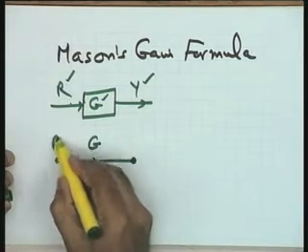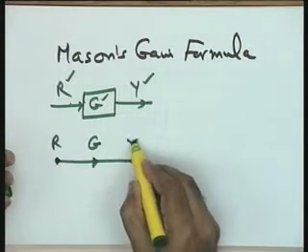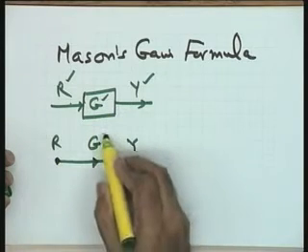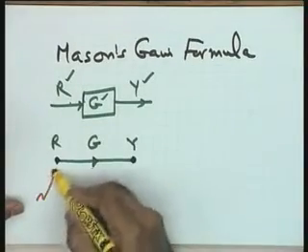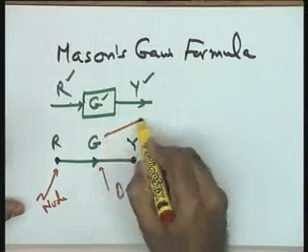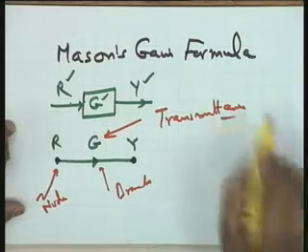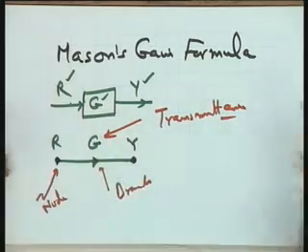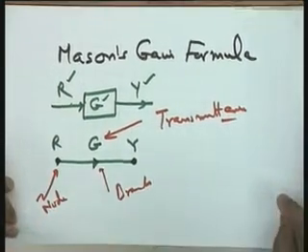The variable is represented by a node. So, it is an R node now. This node corresponds to Y, and the system gain is now the transmittance G. This is a branch. So, I think the words are quite evident also, a node, a branch, and here is a transmittance of the branch, or you can even say the gain of the branch, and R is a node variable and Y is another node variable. So, this is the equivalent representation of this system in what is called a signal flow graph.